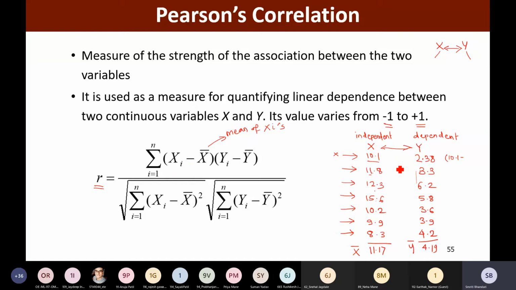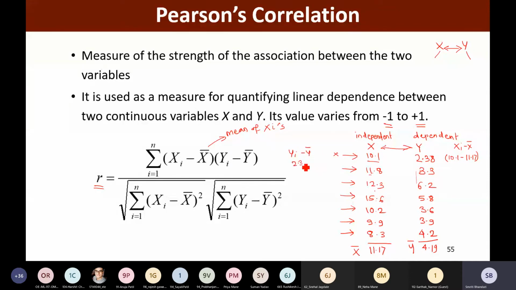Xi minus x bar. So 10.1 minus our x bar, 11.17. Yi minus y bar, so this is xi minus x bar, and let us write here yi minus y bar.